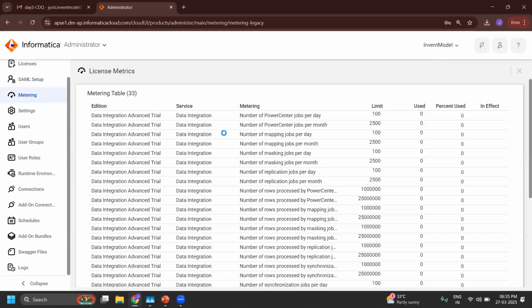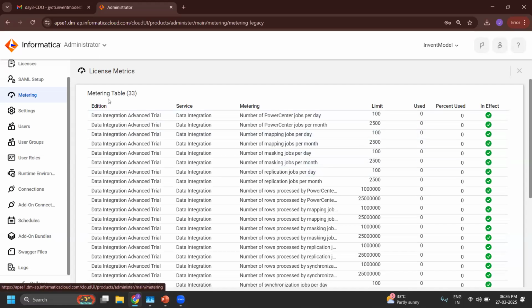If you come to this metering, this metering is about your consumption. On cloud, everything is getting calculated, like how much of the services you have consumed. Each service, each object which is running in the backend is getting calculated,